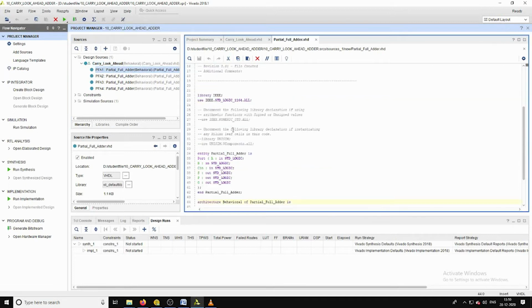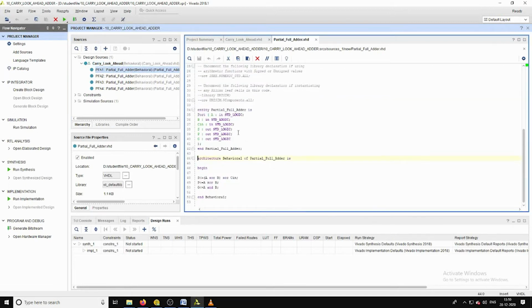if we see the particular logic of this partial full adder, we know the propagate signal is nothing but the XOR operation for that individual adder's two inputs, nothing but A and B, whereas generate is nothing but the AND operation on the given two inputs, here nothing but A and B. That means by using this partial full adder, we are going to calculate the sum, propagate and generate values, which is actually